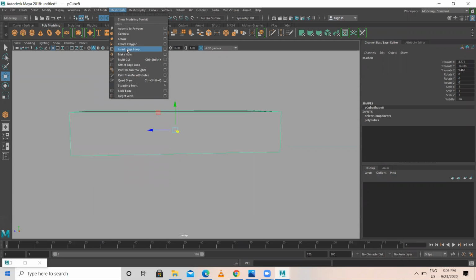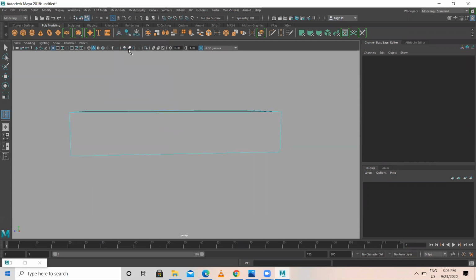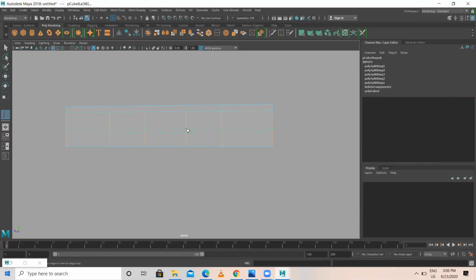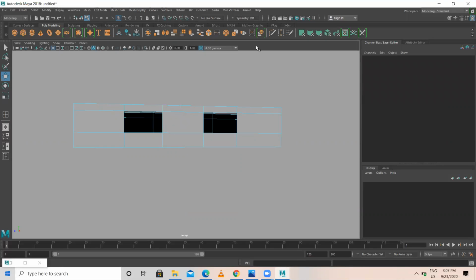I'm showing another tool here. Click over here. I'll add one here and one here, then one here and another one over here. Then I'll add one here and one more over here. Then select this face. Okay. Delete. Just a minute. So connect this.